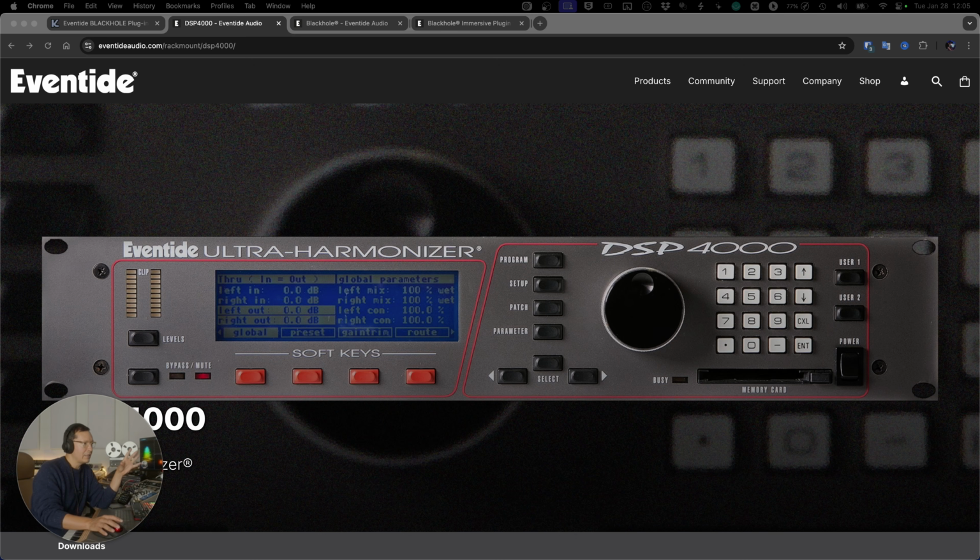Yeah, so this was the first incarnation, and it sounds to me like as we're going up in plugin versions, there's more cascading delays being added to the algorithm. That's what I'm hearing on headphones here. I think that the immersive sounds kind of smoother and more open in the high end. It may have internal oversampling going on or some other processing that's making it more refined there. And the DSP4000 doesn't have the stereo shift. To my ears, it sounds a little bit coarser,